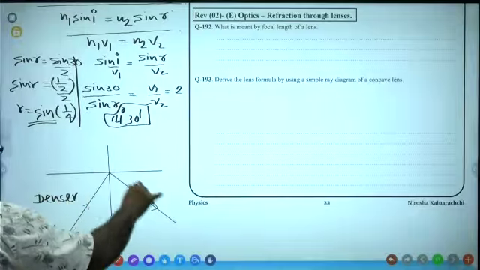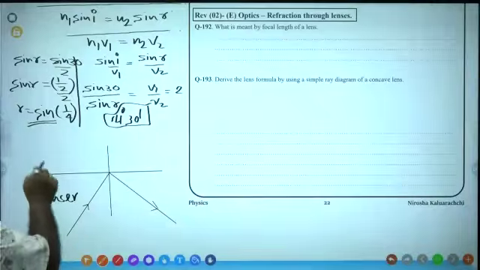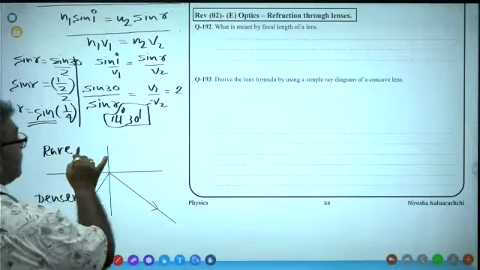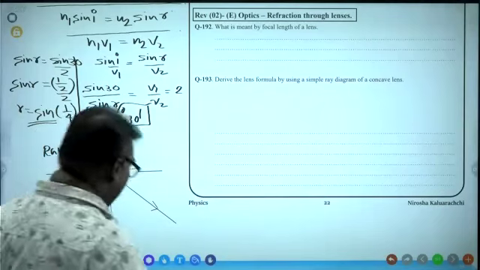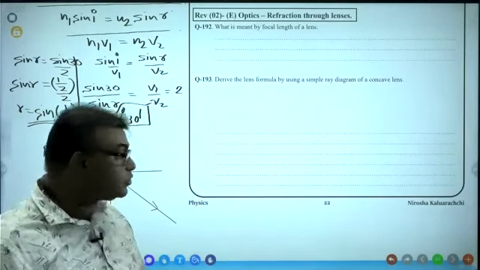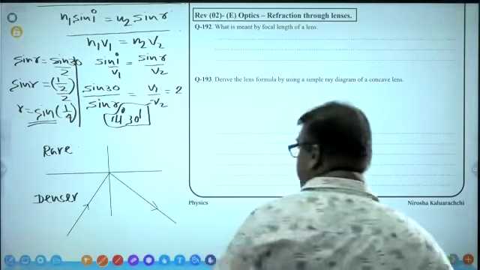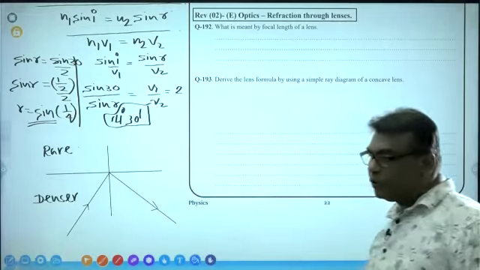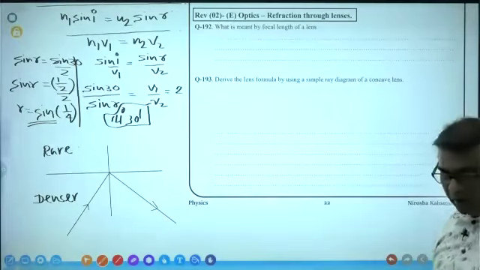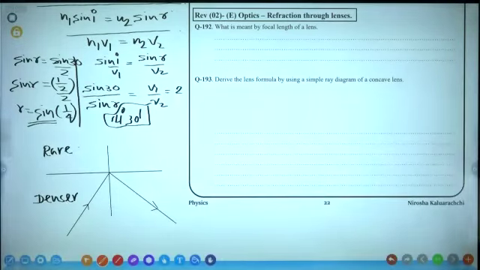And the light wave should travel towards the other medium. This is rarer medium. So we have to keep the object at medium 2, second medium. Okay, to see the total internal reflection, we have to keep the object at the